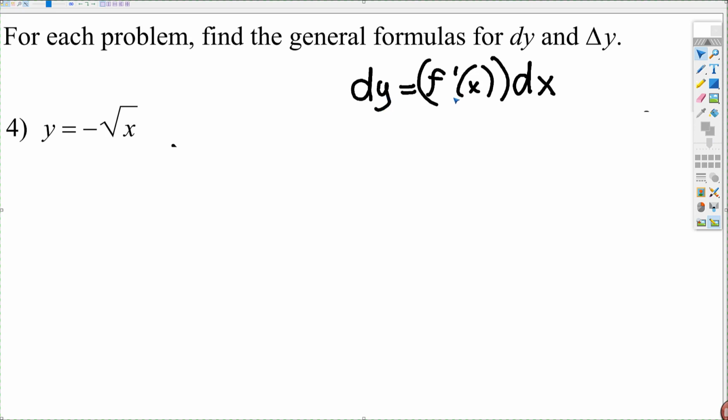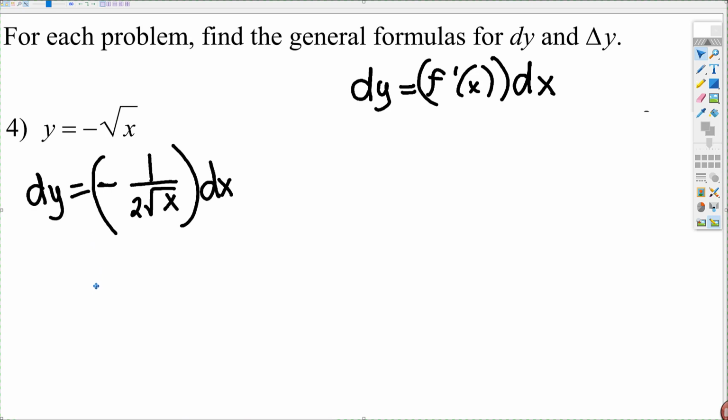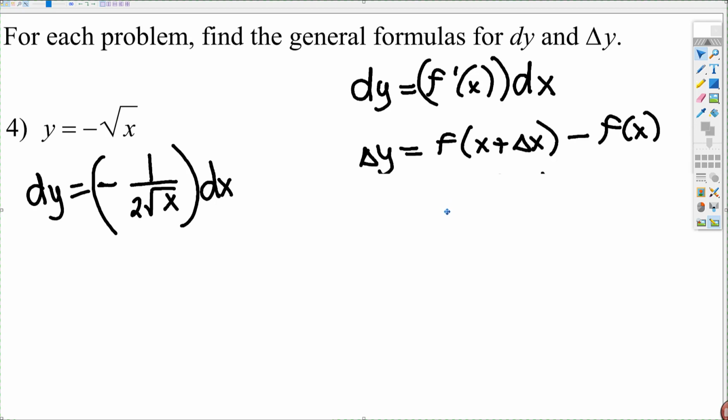dy is equal to the derivative times dx, and we did this on the previous one. So negative 1 over 2 square root of x, or x to the 1/2 power, whichever you prefer. And then we multiply both sides by dx. Now, the delta y, here is the general formula. Delta y is